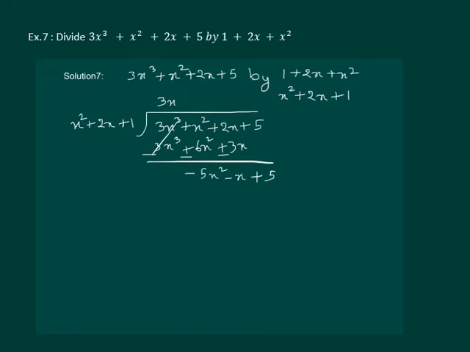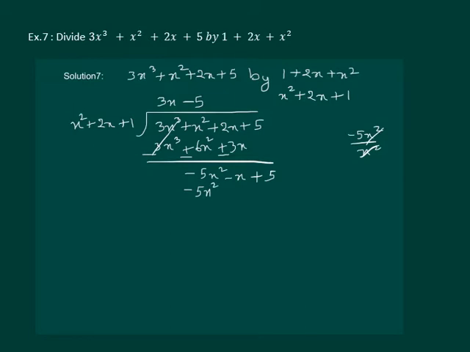Now again, to obtain the second term of the quotient, divide the highest degree term of the dividend by the highest degree term of the divisor. We get minus 5x square divided by x square is minus 5. That means we will take in the quotient minus 5, which on multiplying with the divisor will give us minus 5x square